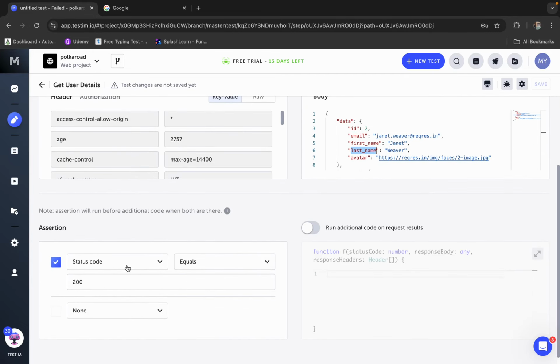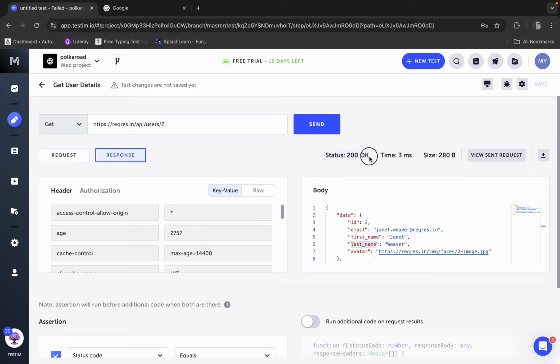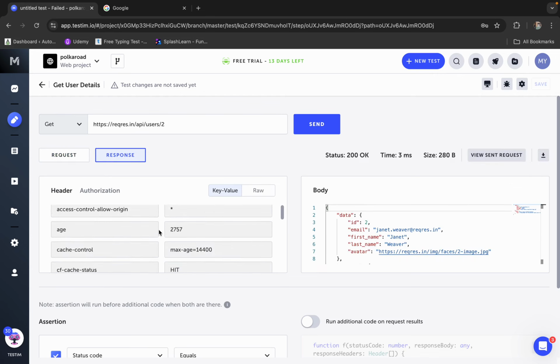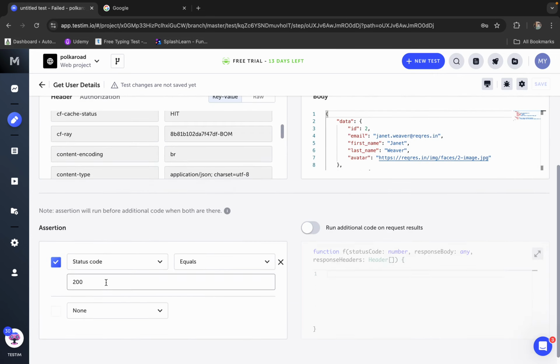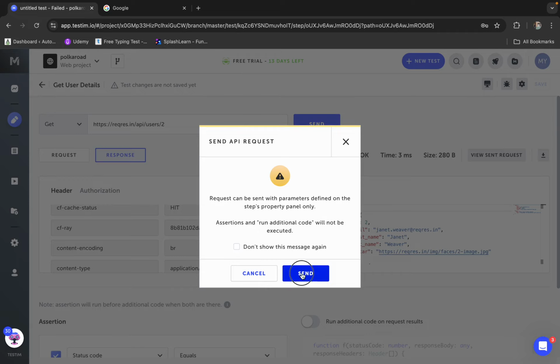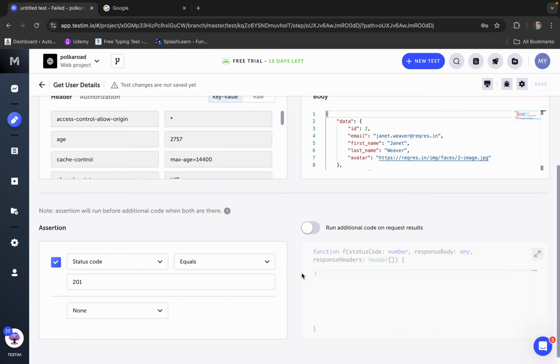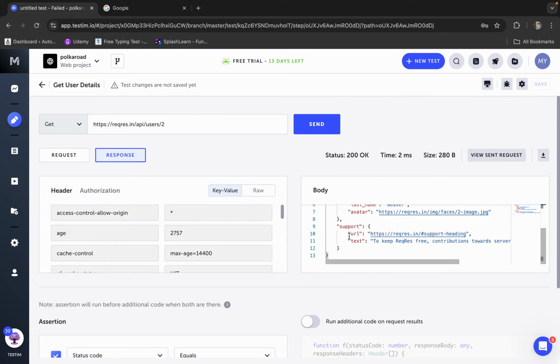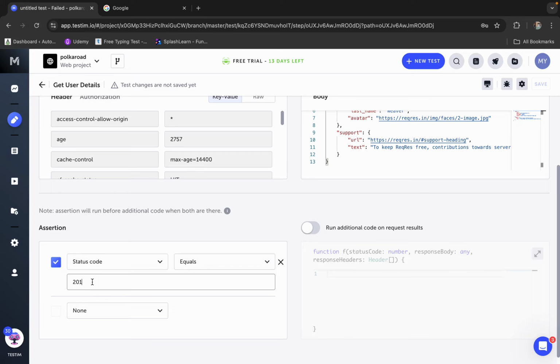Now just in case, let us say status code was 200, so the assertion is pass. You can also see the headers and authorization here, in the header section. This is for response. If you have to see for request, you have to go to request, okay. Now let us say if I make the assertion as 201 or something else which should fail. If I try to send it now, you can see here I don't see any changes. I don't get any message whether something was pass or fail, because this will run when we run it from the